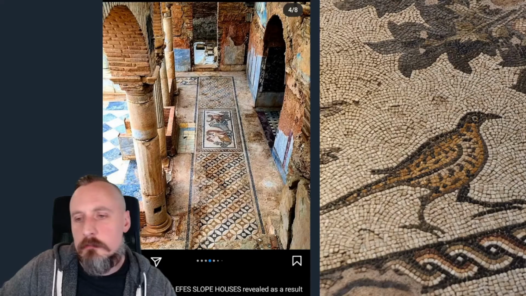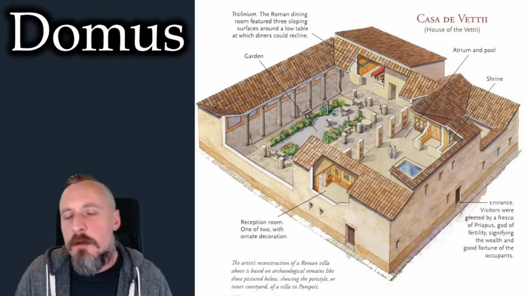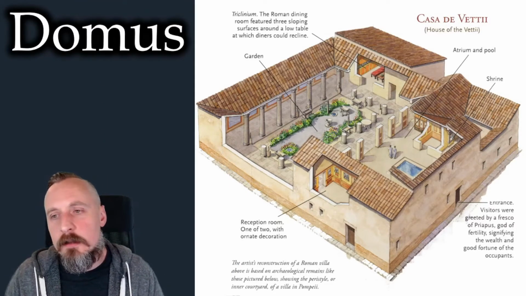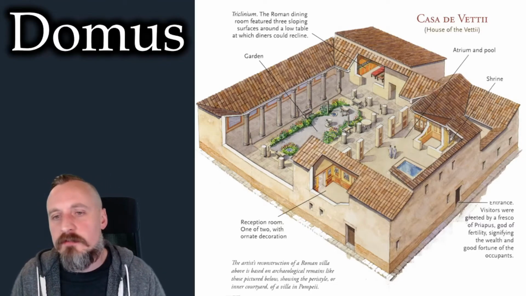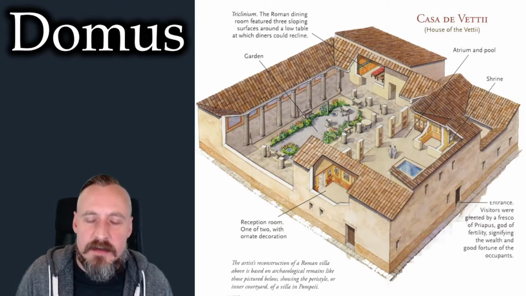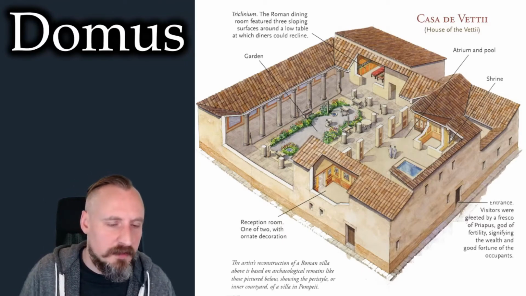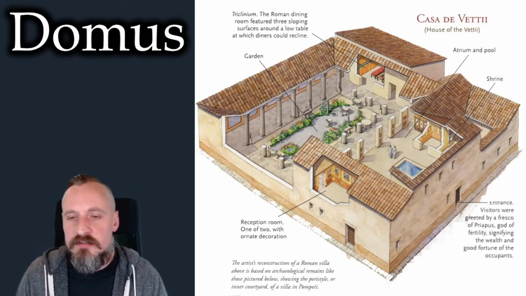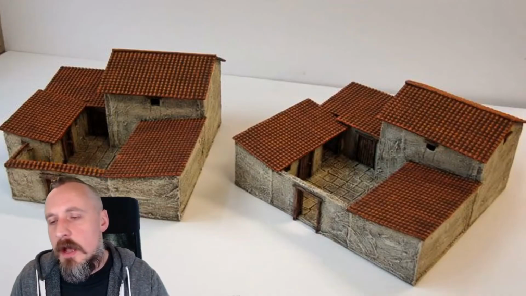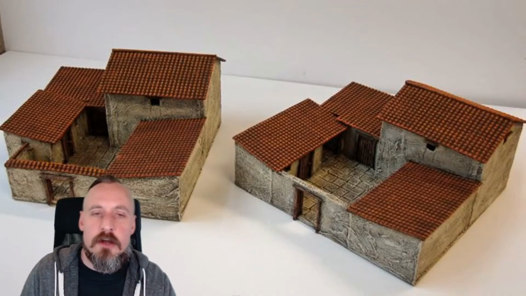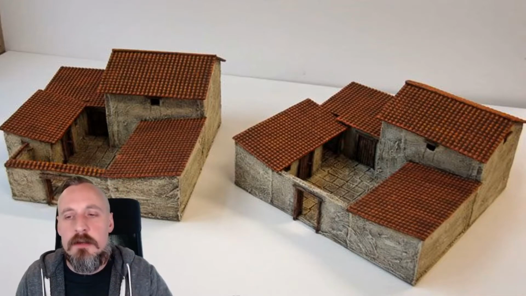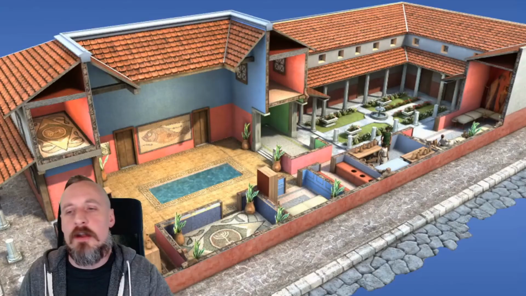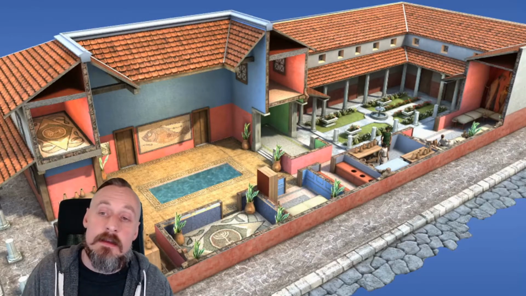Here's some animals. So coming towards the end of the Roman lecture here, we're going to talk about a few individual building types. So the domus was just a house that middle to upper class Romans would live in, spacious and open with a central area for the family. These smaller buildings that we saw at the very beginning of this lecture would be referred to as a domus, but they could be of many different sizes based on economic status and